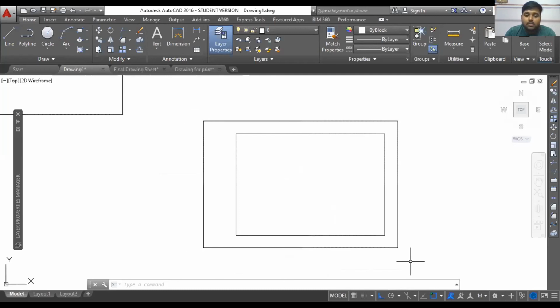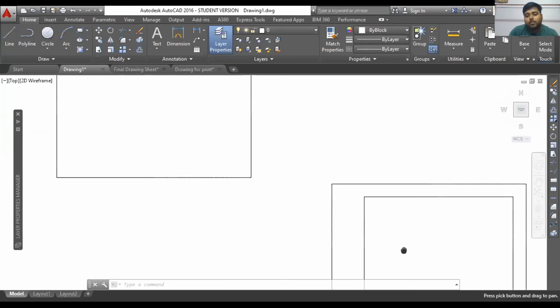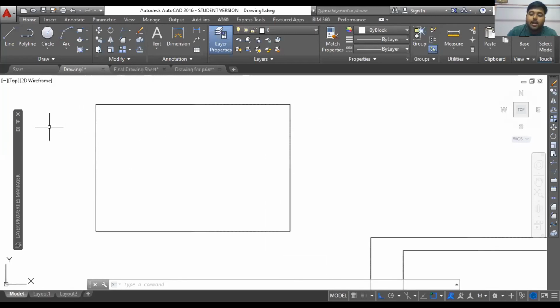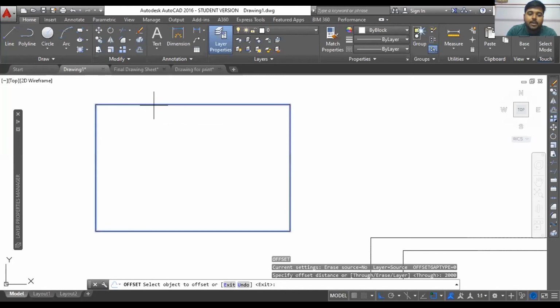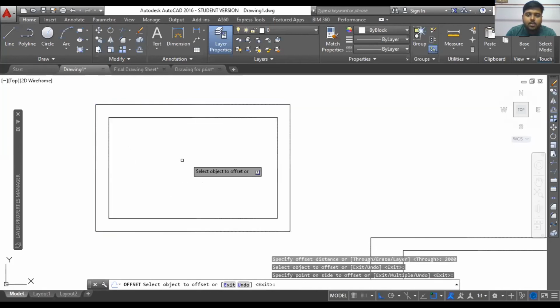To draw this, I have followed some way that I have already shown you. I have used the offset command and all that. But to draw this, you could also have used a different way. For example, I'll show you that. I'm using the offset command and a 2 meter offset, right? So in that case, that it is a rectangle, it will easily, yeah, you can see the screen.